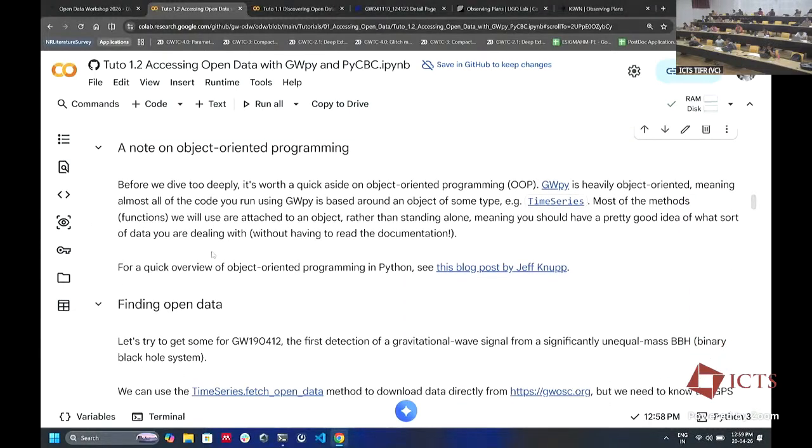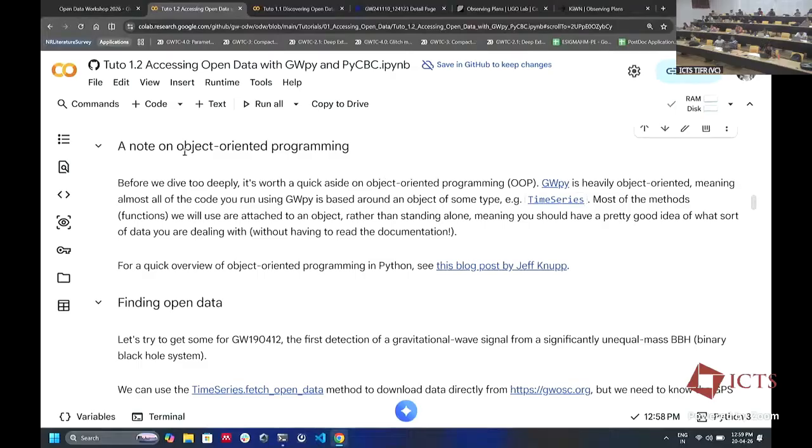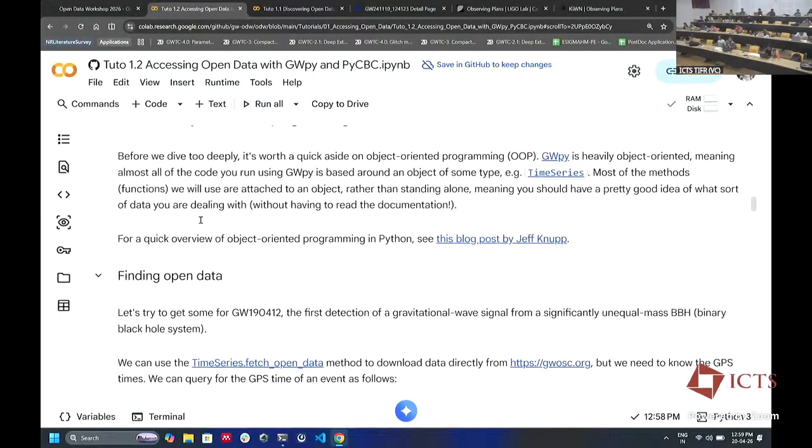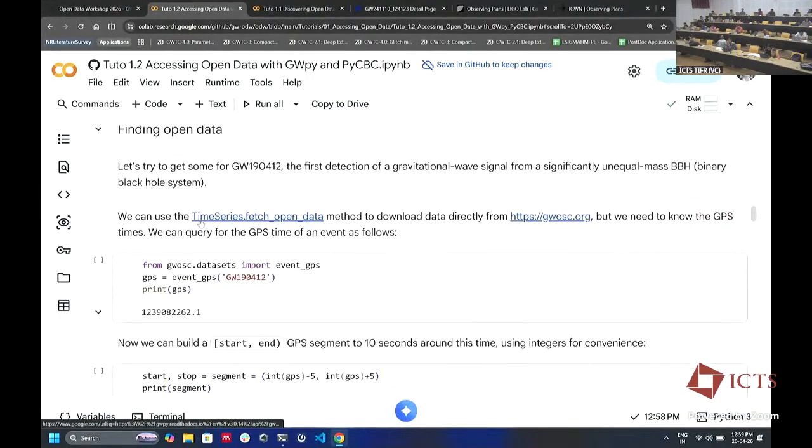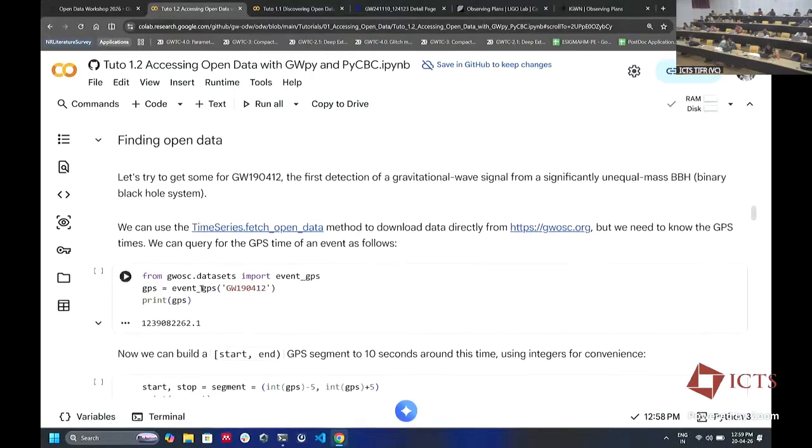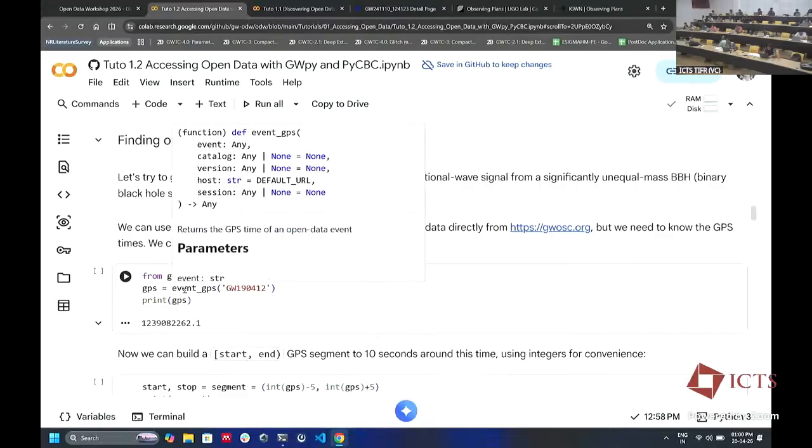So let's move on. There is a note on object-oriented programming. This is basically what I showed you with the classes and the file structure. There I had this gravity.py with a point mass class. Here, the class we'll mostly be working with is called a time series object. There is also a frequency series. But before getting to it, we are now going to work on actual strain data. We'll get a NumPy array of this h as a function of t, which you could plot, make a spectrogram or Q transform, whatnot, or even convert it to sound and listen to it.